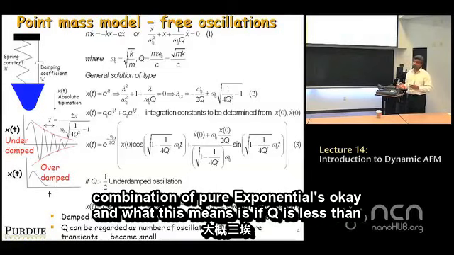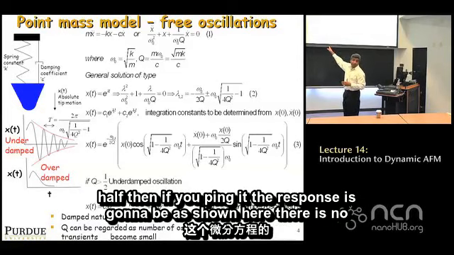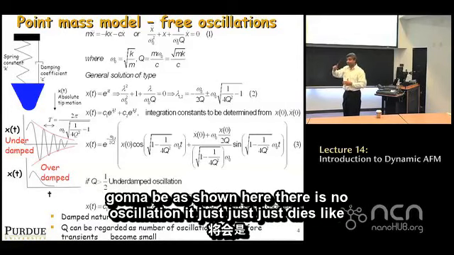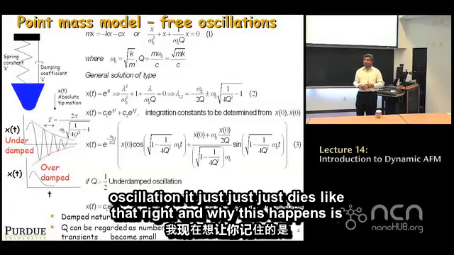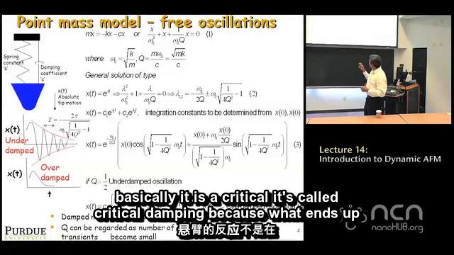And what this means is if Q is less than half, then if you ping it, the response is going to be as shown here. There is no oscillation. It just dies like that, right? And why this happens is basically it's called critical damping, because what ends up happening is